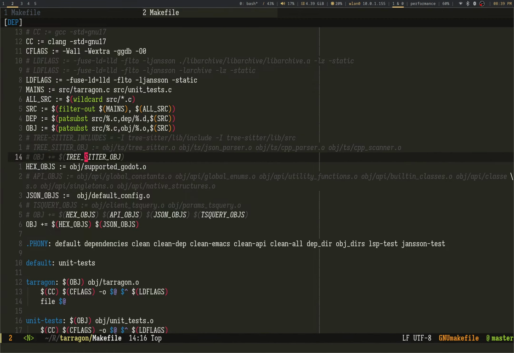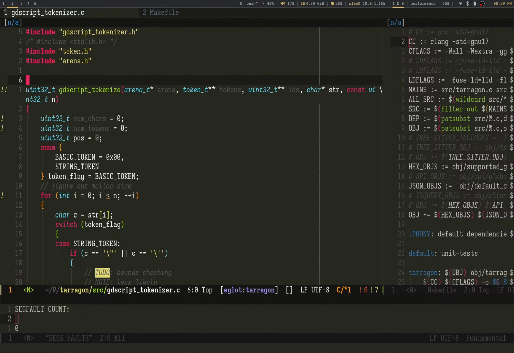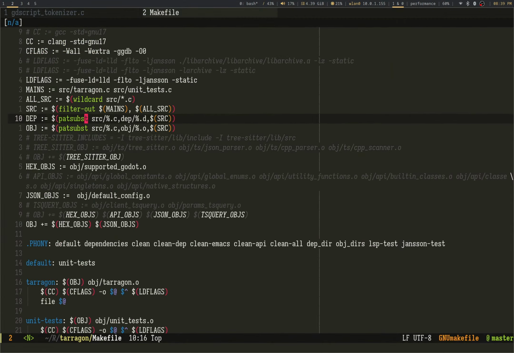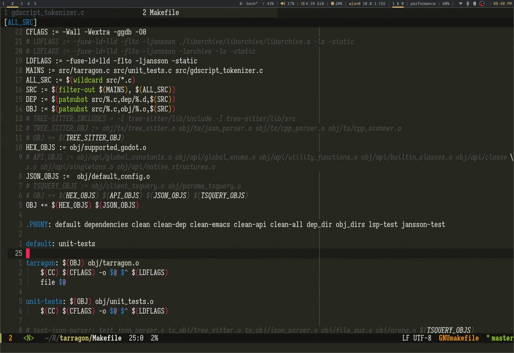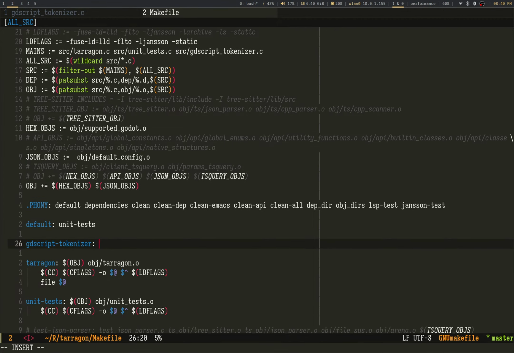Speaking of compiling, what is this? What is this called? My GDScript tokenizer.c. All right, source. Let's exclude it. I like to name my binaries with a dash in it. Don't ask me why. OBJ.